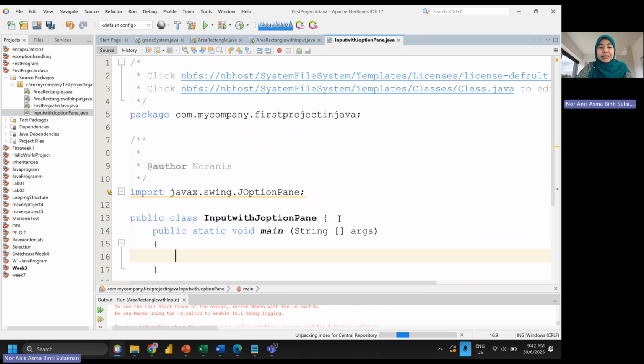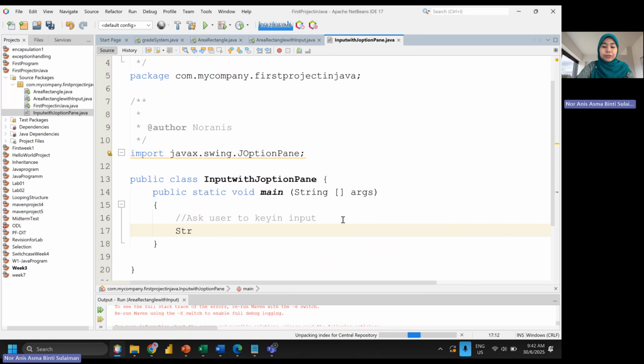Once this is done, ask the user to key in input. How to ask the user? We always start with a String and the name of your input.